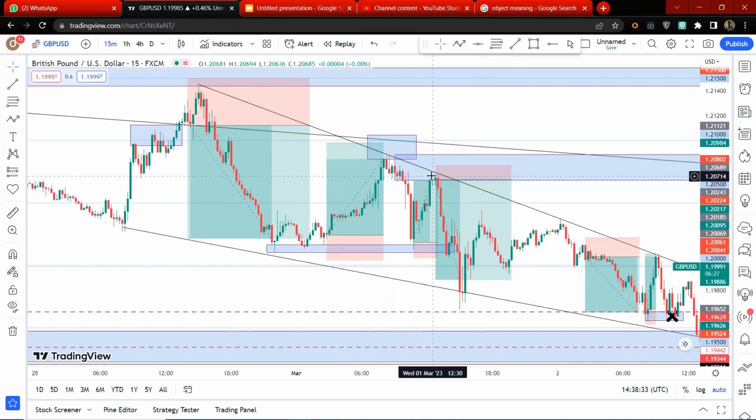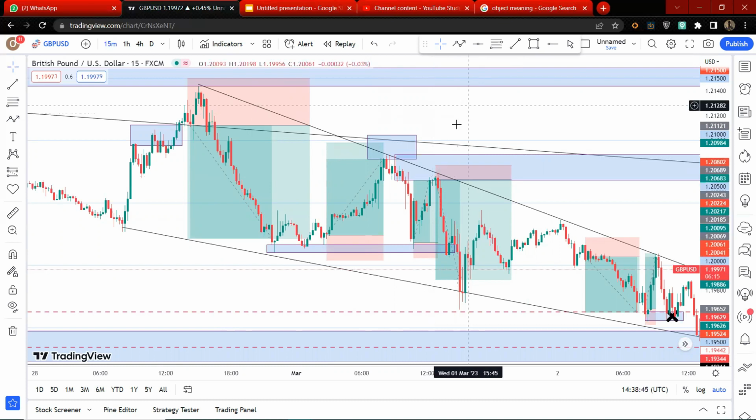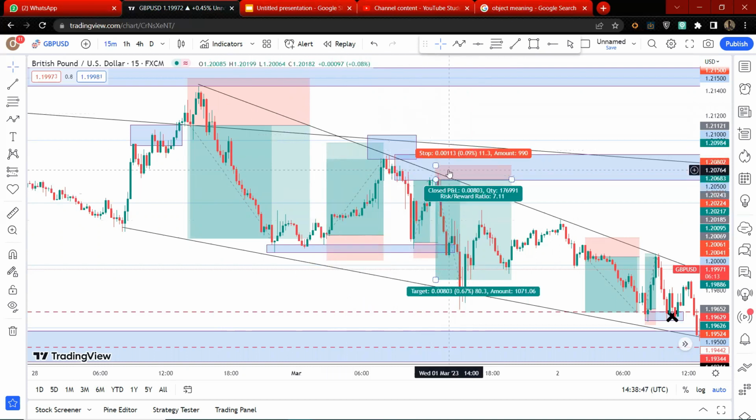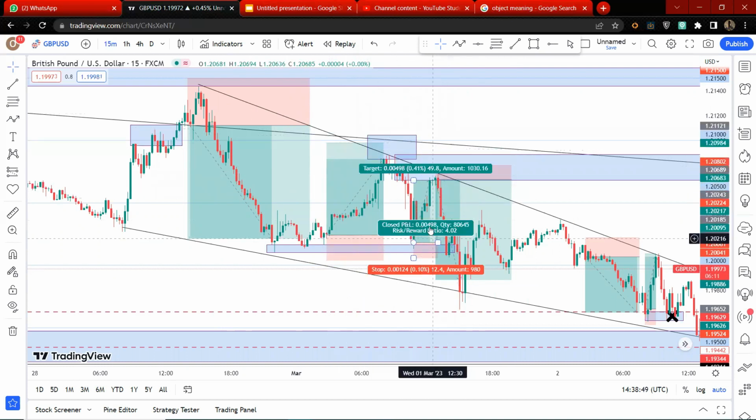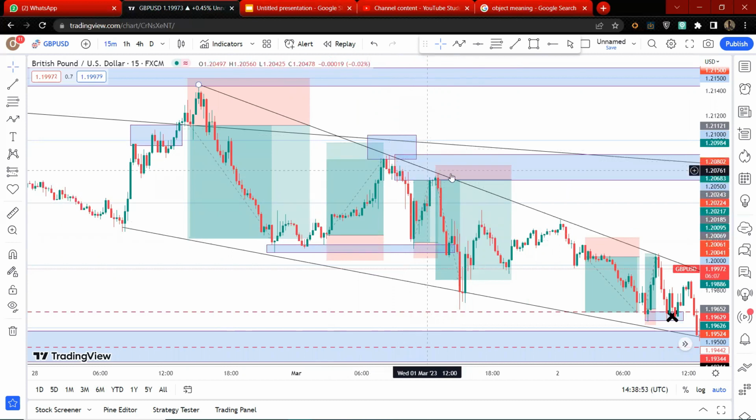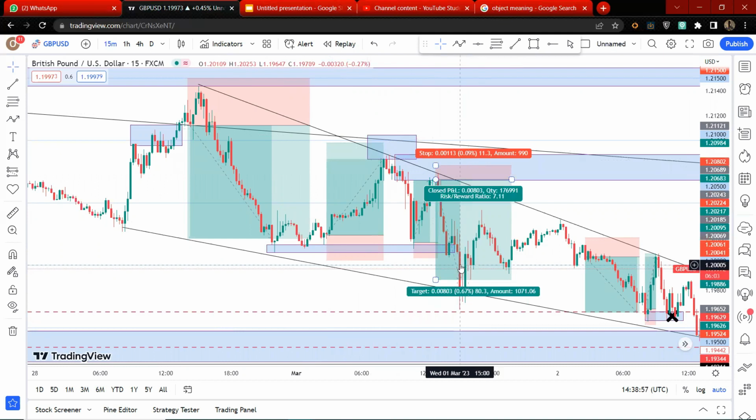We bought up to this level and took profit. Now when it came back, we saw a trend line, then we saw this kind of M pattern in here, and we saw another block. This is a nice sell. We took the sell. This was our first take profit,